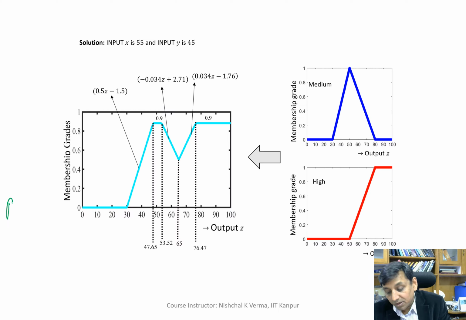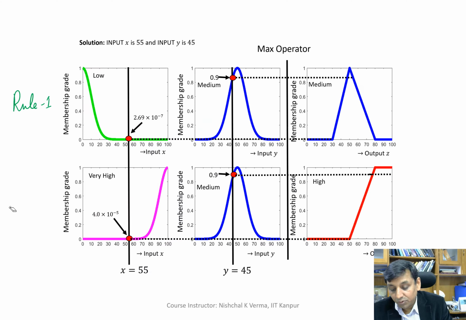Similarly, the rule number 2 is here. The rule number 2 is that if X is very high and Y is medium, then Z is high. So this way, when we, as we have already done in the previous example,